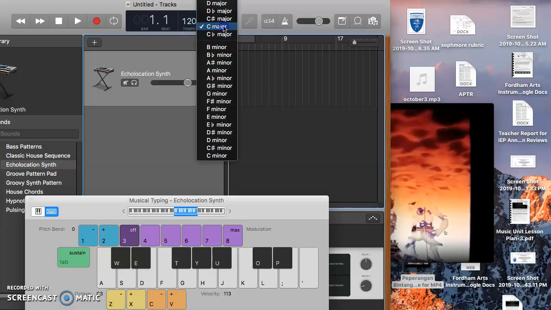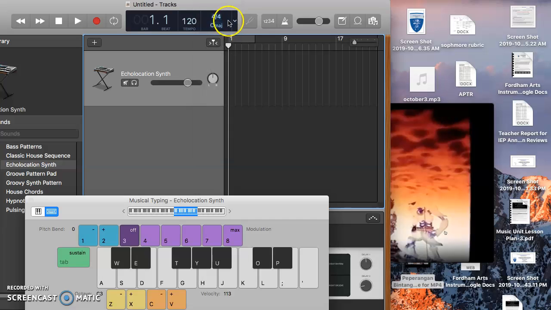I'll leave this as C major. You can play with the time signatures if you feel fancy, right? You can make it 5 beats per measure. It's been a long day, hasn't it? 7/8, you can make it 12/8, whatever you want. But if you want to know when the highlights are, you can press this button here. It says beats/time. So over here it'll tell you, if you're playing your song, the seconds as they go by,